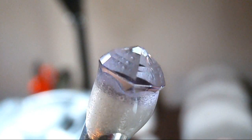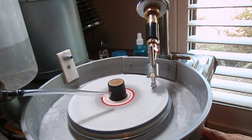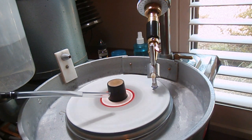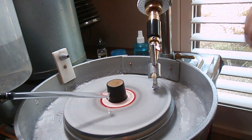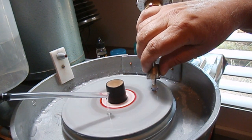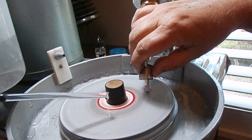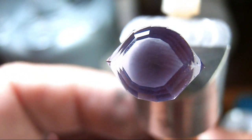So I'm on the home straight now, and I've cut and polished all the steps of the crown. The last thing I need to do is cut the table facet. So as you can see, I've cut the table. The next step is that I polish the table using the same steps as I did to polish all the step cuts on the crown and the pavilion,